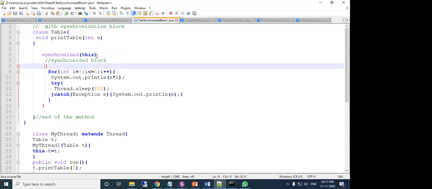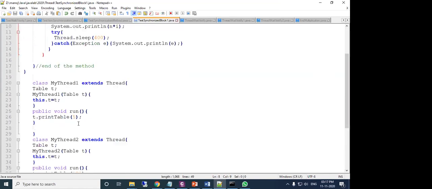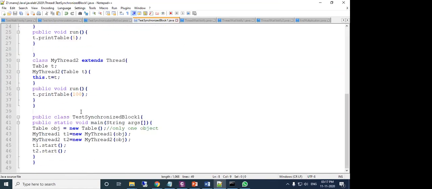The task is the same, the work is the same, but if you want to put only some part inside the synchronized block, then only that part will be controlled. Another part will not be controlled. So here, synchronized within parentheses this, then within curly braces you write this, and the rest is as it is. So we will see this test synchronized block 1 Java.